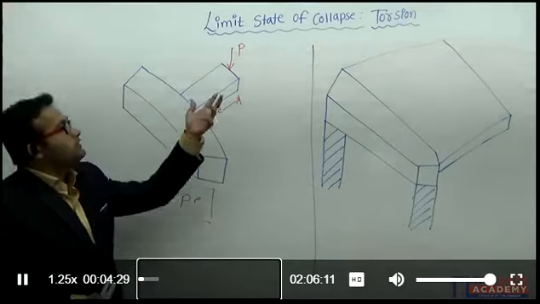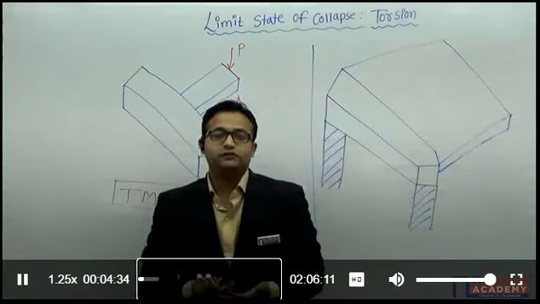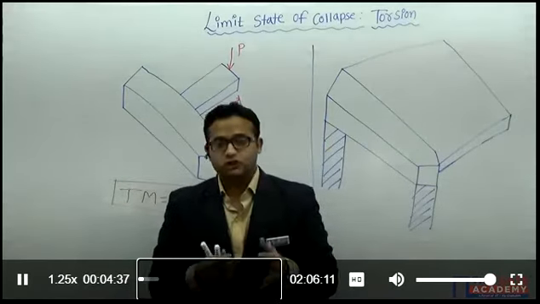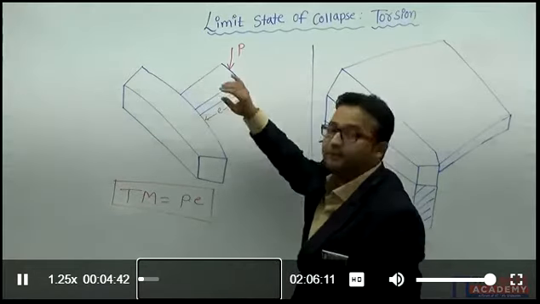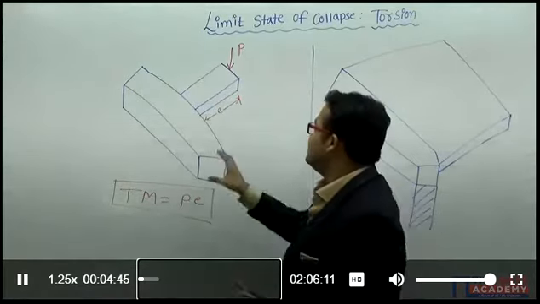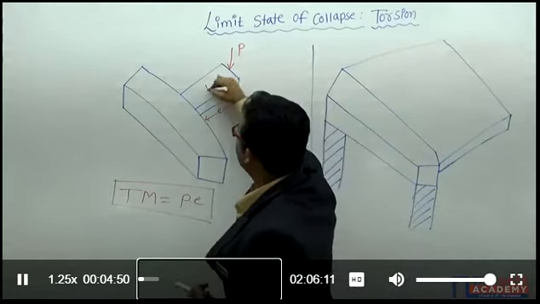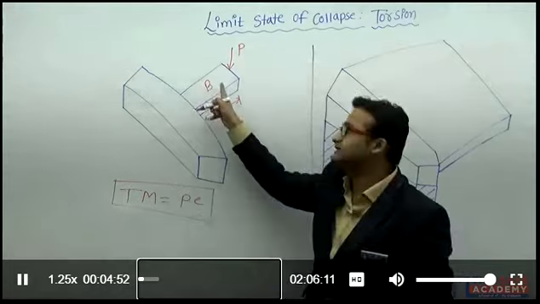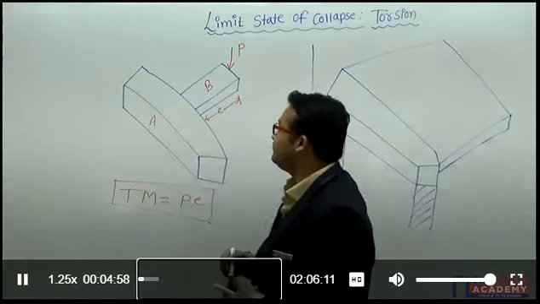Now we can see here the limit state of collapse in torsion. If the torsion is coming in the beam, now we should design the beam for torsion. So let's see when the torsion actually comes into the picture. Suppose there is one beam and there is a beam to beam connection and there is an eccentricity. So if the load is coming due to this beam, suppose this cantilever portion is the beam number B, and this is suppose your beam number A.